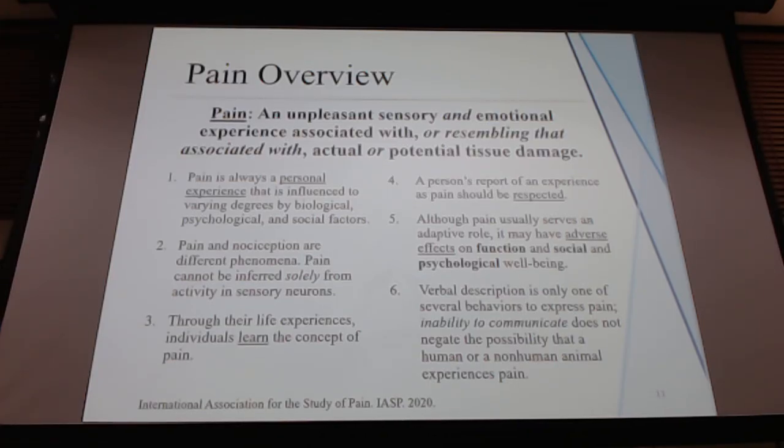Typically, pain is going to be something that helps us, right? If I touch the stove, I hope that my body feels that so I can take my hand off the stove. Okay, but when we get into states that are more chronic, it can cause more adverse effects on function, social, and psychological well-being. When we talk to patients about pain, how we communicate is a really big thing,